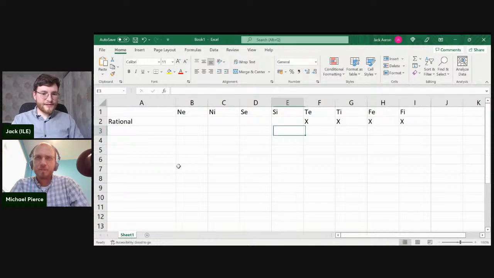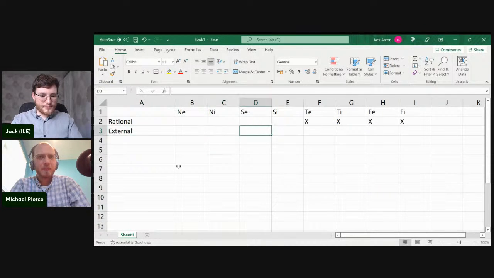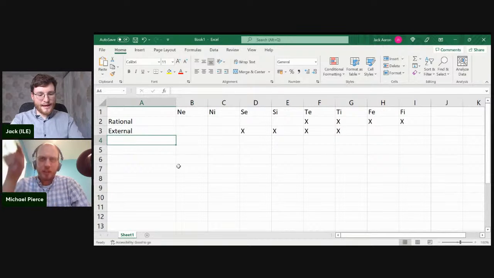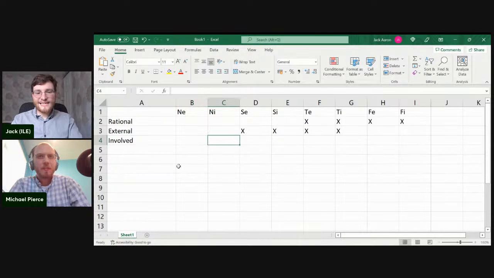And then no X's for these ones. Then I'll do external. In this case, these two and these two. Then we have linking up the sensation and thinking. Then involved, as opposed to detached.